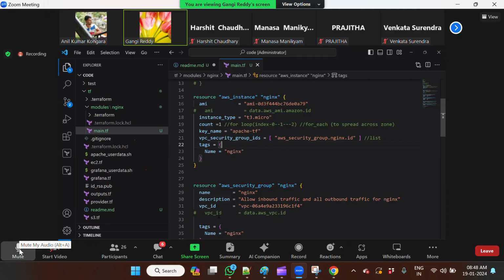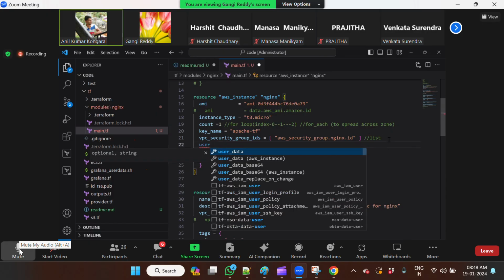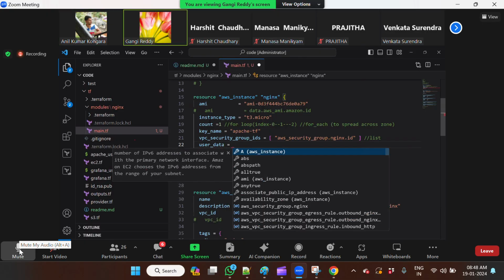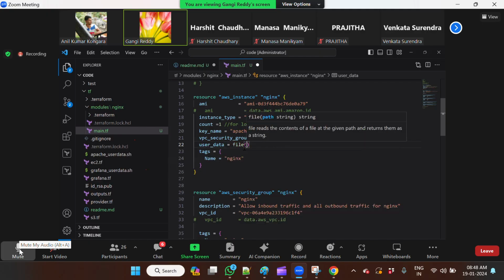Now one more. I wanted to install the web server. What is the objective? Insert user data. Let me tell you, there is no order. You can bring the AMI down, you can bring it here. There is no order here. So instead of doing everything inline, I use a file called